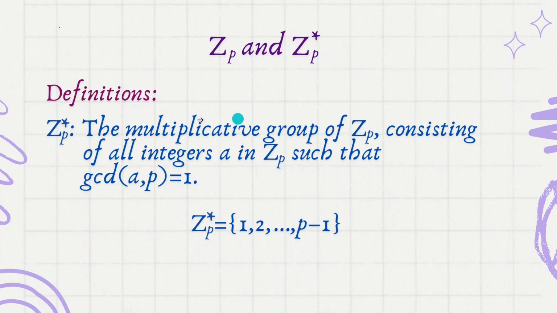And what is a multiplicative group? Groups are structures in math, group theory, ring theory, you've probably heard of them. We'll have a separate video on that in the future. Groups are defined over a set for a particular operation. So in this case, Zp star forms a group with the operation being multiplication, and it contains these elements in that set.